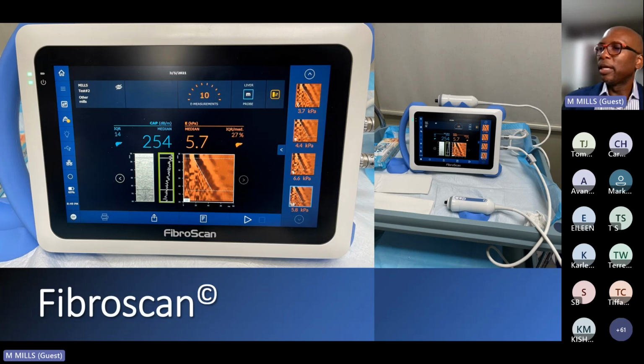And luckily we have more equipment available to diagnose fat in the liver. A FibroScan machine is a specific type of test which can detect fat in the liver. It's similar to an ultrasound using a little probe. It doesn't take more than 10 minutes to do the test to assess the amount of fat in the liver and also to assess the amount of scarring in the liver without necessarily having to do anything more. There's no biopsy involved, and it can give you an idea as to whether you have fat and whether that fat is mild, moderate, severe, whether there's any scarring,